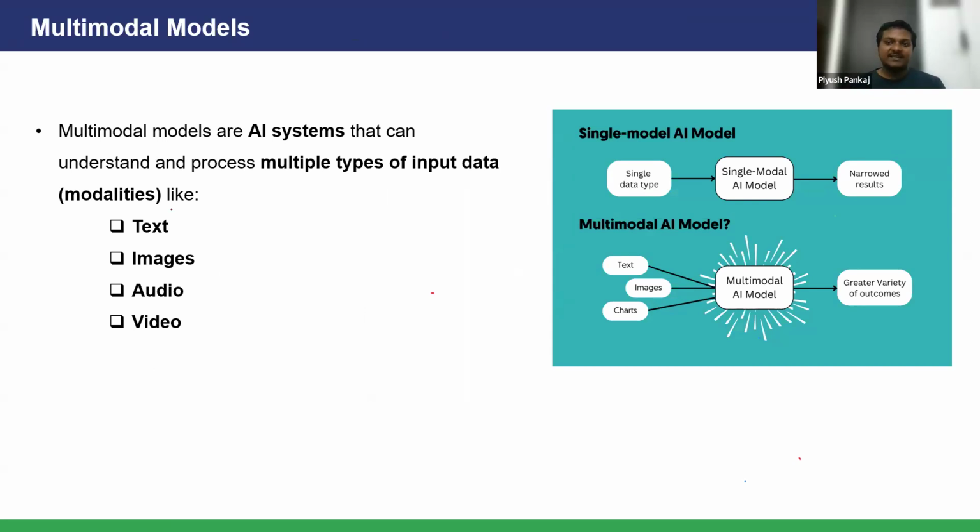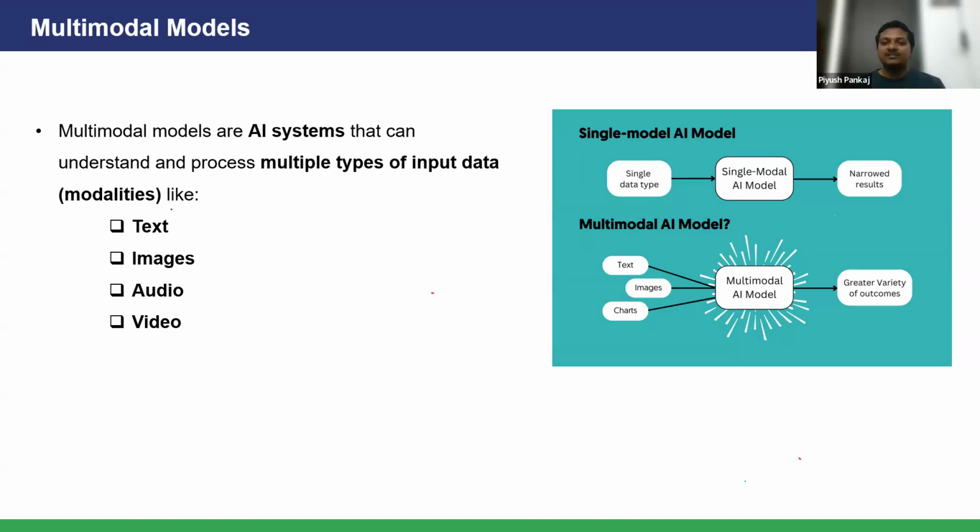So initially, ChatGPT came with only text generation. Only one type of model was working over there. Now ChatGPT can generate text, it can generate images, and we have other models as well, like you might have heard about Nano Banana and all. So we are using it for many purposes, like generating text, images, audio, video.